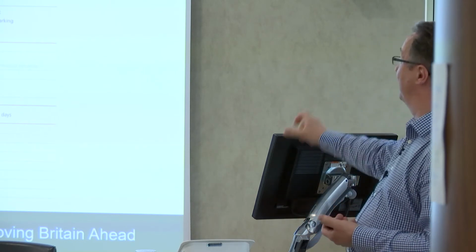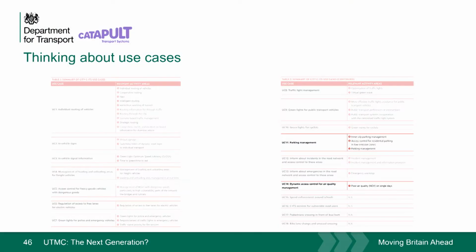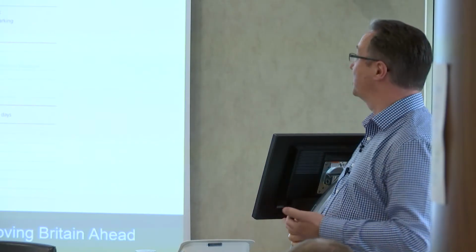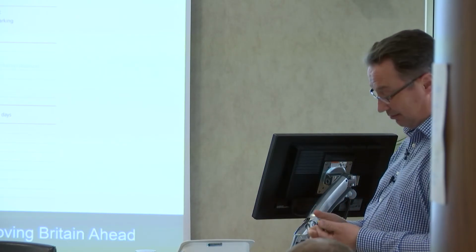So we've picked 2 particular ones. We're looking at access control for air quality management and parking management. There have been 2 key issues that people are interested in, areas where, as an initial stage of LAMP, we can prove a benefit in having it. And so that's where we are now. That's why we've got to where we are, which I think is a great time to hand over